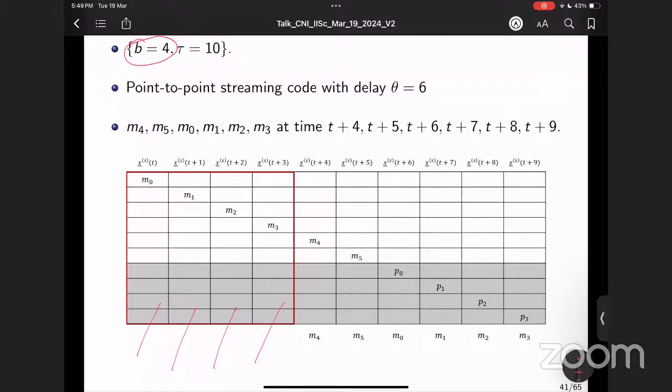In fact, I just thought that it is only that not more than 4 consecutive can be erased. But you are saying that overall, in this window of 10, only 4 can be erased. Yeah, so there's one point though. Even though I'm saying that only one burst erasure which spans 4 consecutive slots can be erased, thanks to the fact that we have a delay constraint in place, right?